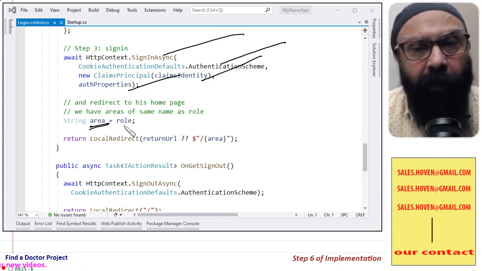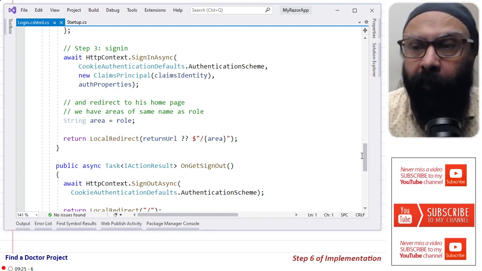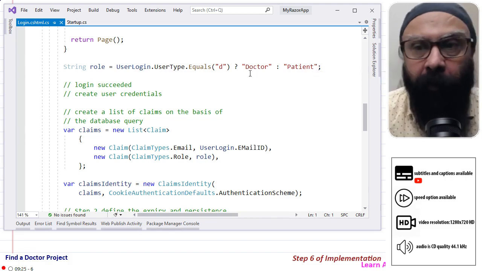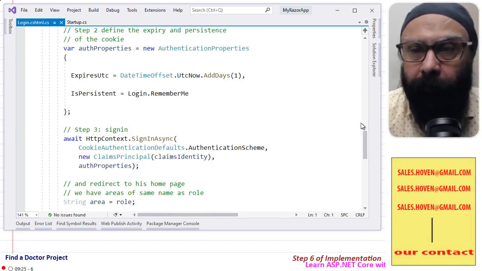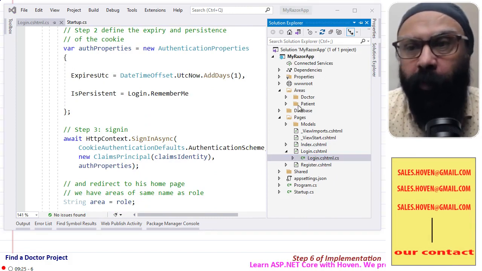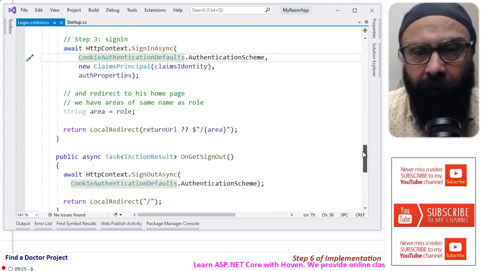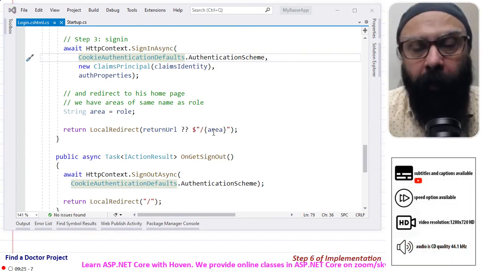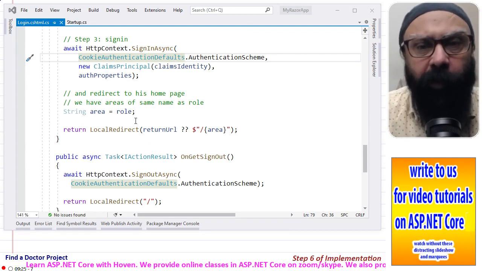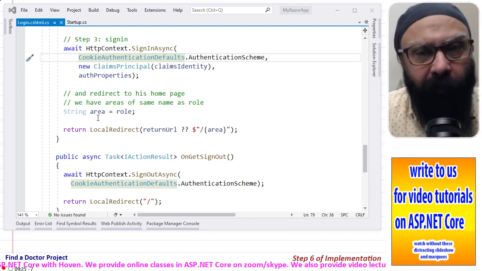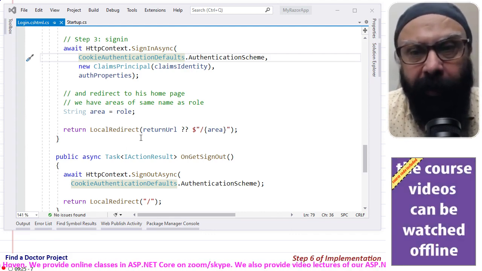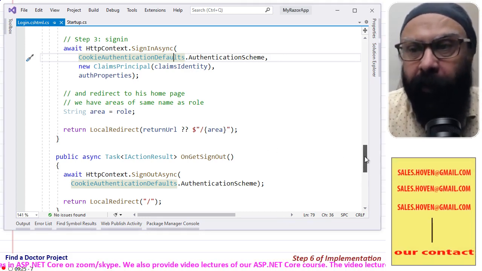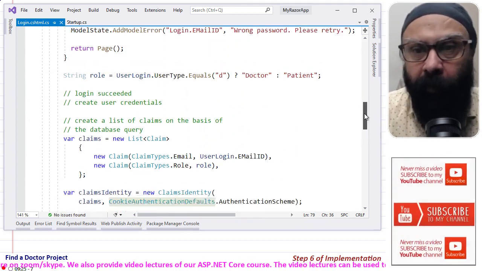And now I have set area equal to role, just to clarify, because we have incidentally given the same name to the role, and this name is also common to the area. So therefore we have simply written area equal to role. Otherwise, some if statement or switch statement can be used to get the actual name of the area. And LocalRedirect will take the user to the home page of his area. So this is the only thing that has been added. And let me now first of all